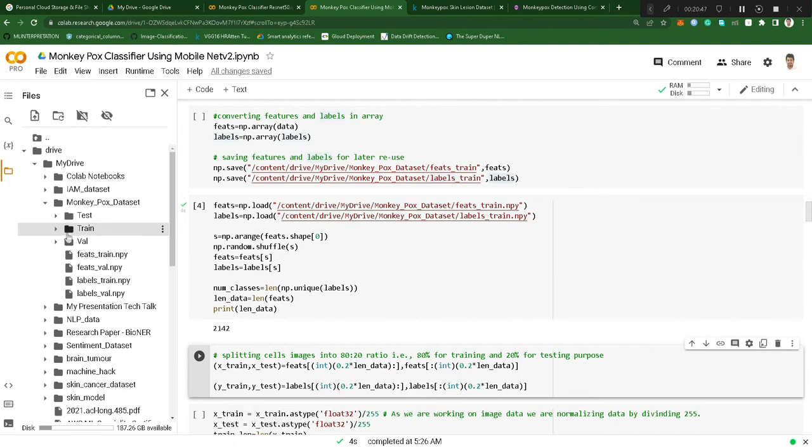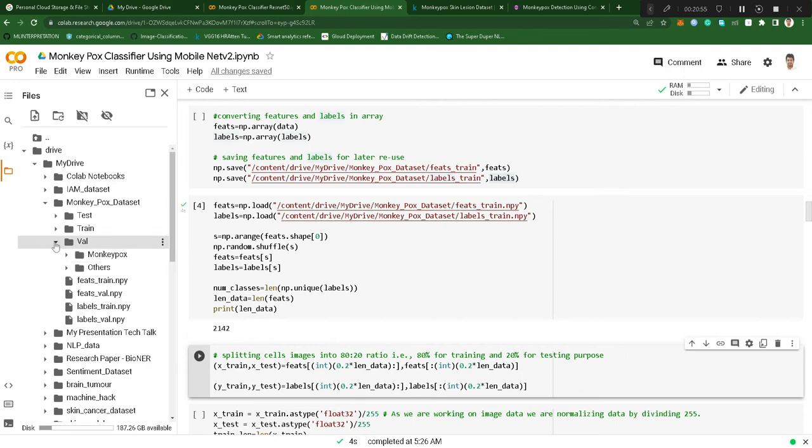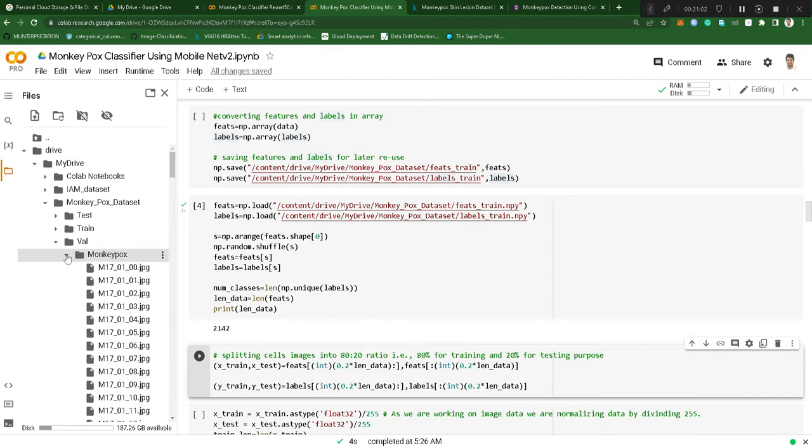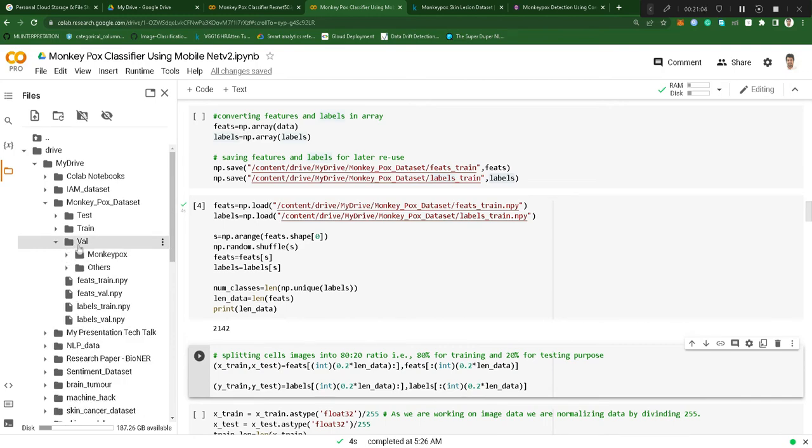So we will train our model on the train set, and we are also testing it within the train set only, and actually validating on the val folder, where we have both the monkeypox and other images. We are using this val folder for actually validating, and this validation folder is completely unseen by the model,